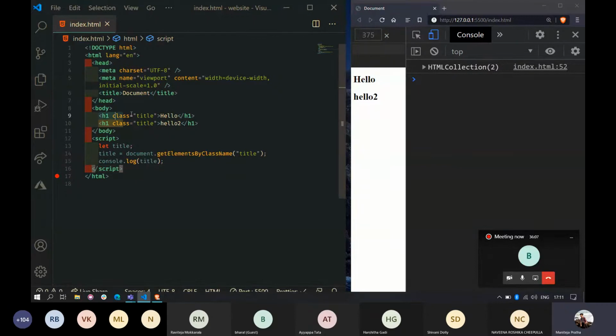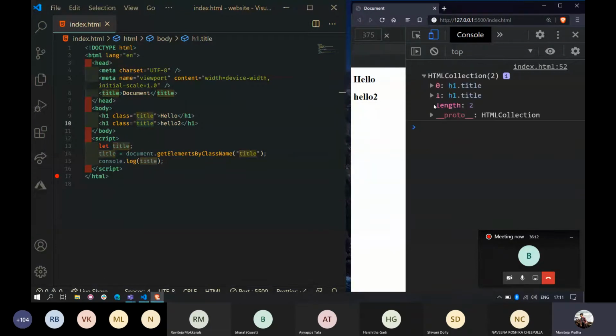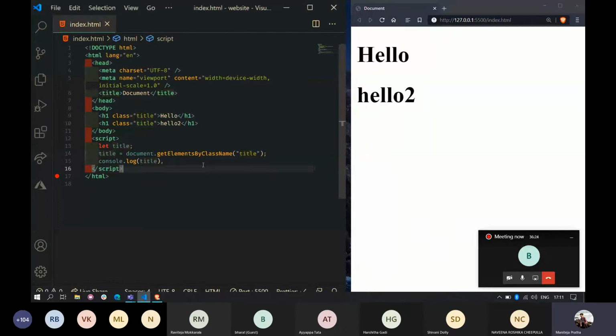If I open this, you can see an h1 tag with class title and another h1 tag with class title. This is how it works. So what are the two methods we have discussed till now? The first is getElementById, and the second is getElementsByClassName.